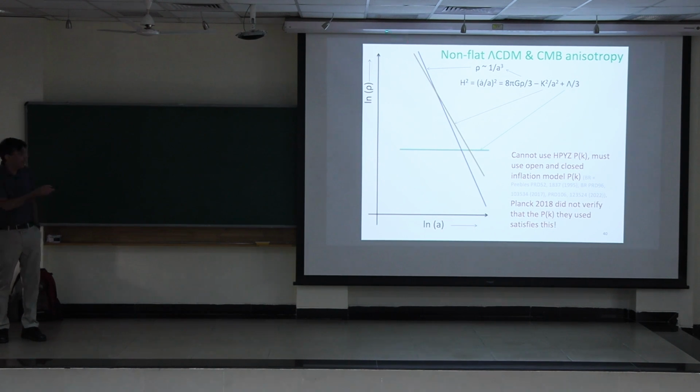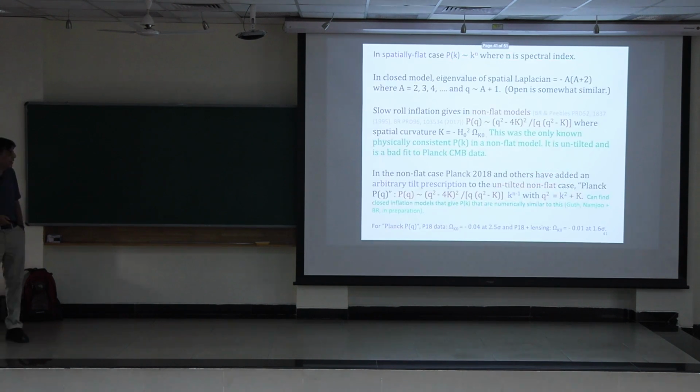And we'll start out with lambda CDM with spatial curvature. Usually you assume this Harrison-Peebles-Yu-Zeldovich spectrum of k to the n for the fluctuations. That assumption is based on this curvature not being there, and that there only be one scale, and that's the Hubble scale. So it's not fair to make that assumption, except in the spatially flat case. So if you want to redo the computation in an inflation model that's closed, you can get the harmonics and do the analysis, and you get a bunch of messy results.